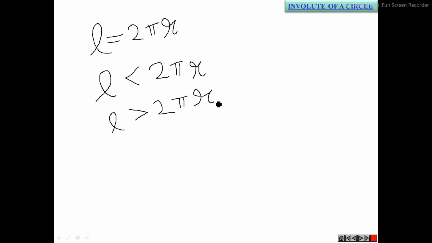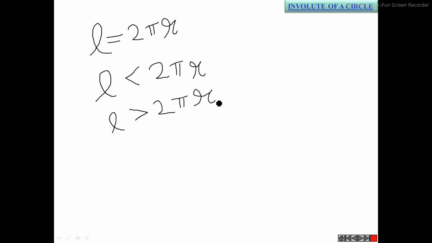3 cases are there. Case number 1, when you exactly wrap and unwrap the length of thread over the circumference of circle. In that case, length of the thread will be equal to circumferential length 2 pi r. Second case is some portion of the thread is unwrapped. You cannot wrap it more. Some portion of the thread is unwrapped on the circumference of the circle. That means your length of the thread which you are wrapping it, that is less than the circumferential length of the